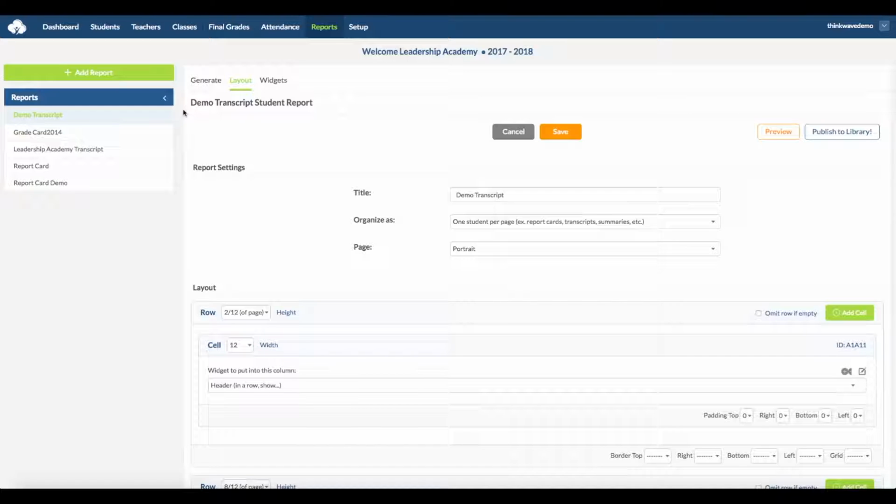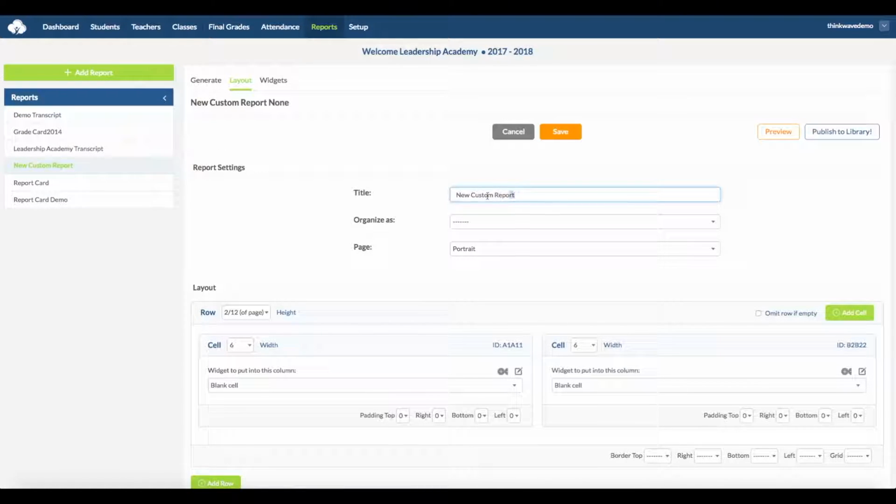Since we'll need to preview the widget as we adjust the look of it, we'll need to create a report to save the widget to. Click Add Report at the top left. Let's call this Demo,